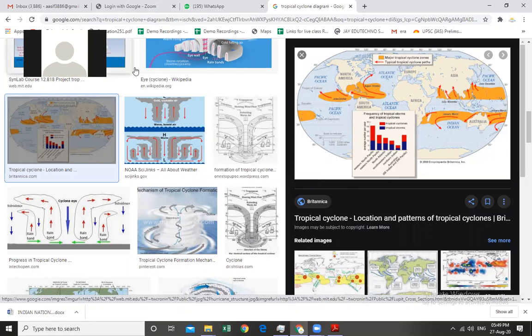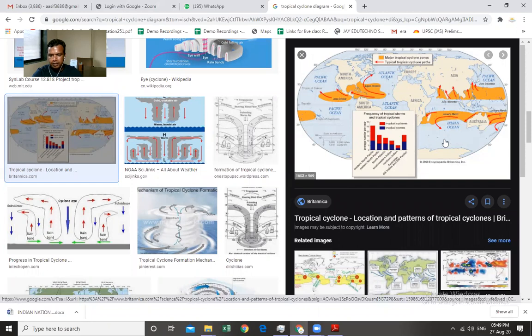Yes, the reason is energy. Since the temperature in this zone is very low, there is no evaporation of the water here. And since there is no evaporation of the water, there is no steam, and that steam is not available for the circular movement of the wind. So that is why there is no formation of tropical cyclones here, but there is a formation of another type of cyclones in this zone. These cyclones are called temperate cyclones. We will discuss these temperate cyclones afterwards. So, any doubts about these tropical cyclones?